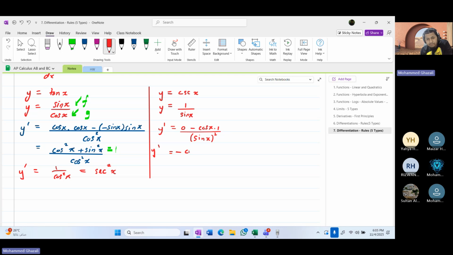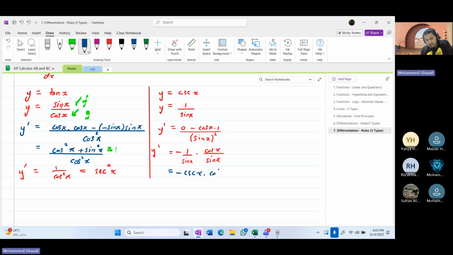Split the denominator into two parts, right? So we have negative 1 over sine x times cos x over sine x. If you split the denominator into two parts, then you can see the reciprocal ratio, right? So we know negative 1 over sine x is basically negative cosec x,